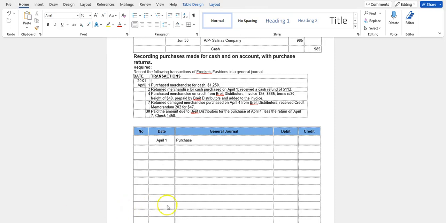And that purchase amount we need to record as $12.50. So we'll go here in our debit account and we'll record the $12.50. That was for cash. So if we use cash, our cash is going down. We need to credit our cash for $12.50. Okay. So then our next one at April 2nd,